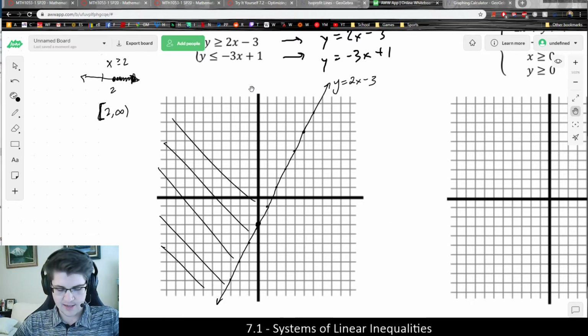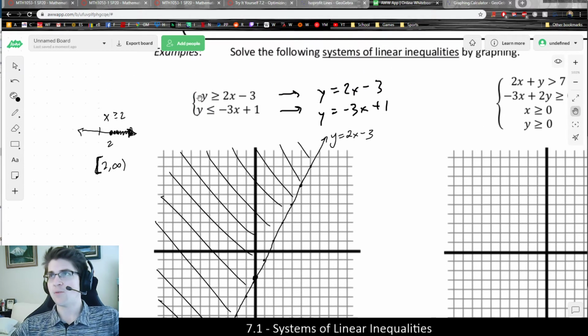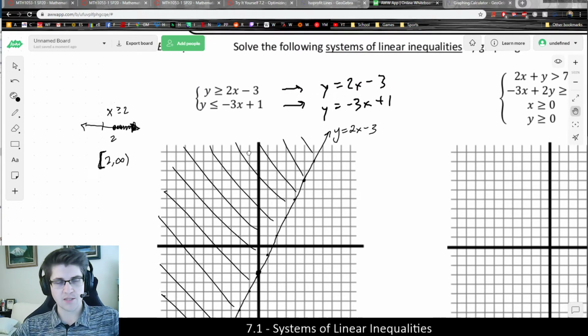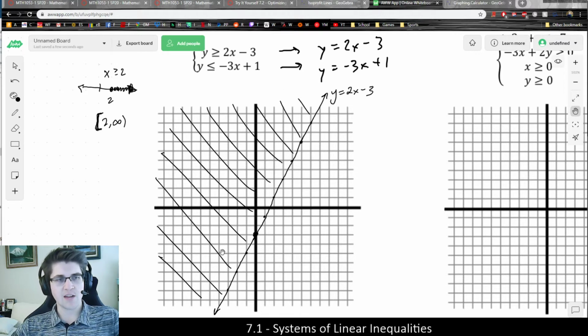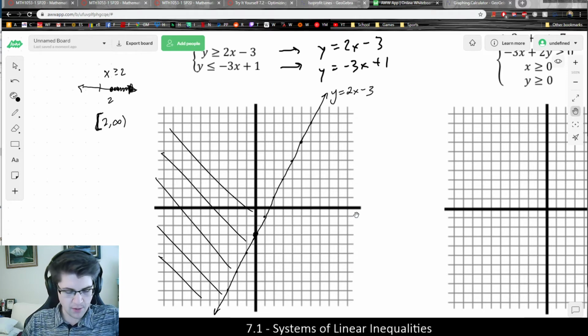So what I'm saying here is that this first inequality, y is greater than or equal to 2x minus 3, is going to be all of these values, not just the line itself, but every point in this larger shape. Basically half of the whole graph, or more than half, depending on what you mean by half. But basically all of this, if this is like a big field, there's going to be tons and tons of values that satisfy this particular inequality. And all the values down here do not satisfy it, as another implication of the shading. And usually if you're working with pencil and paper, what I recommend is